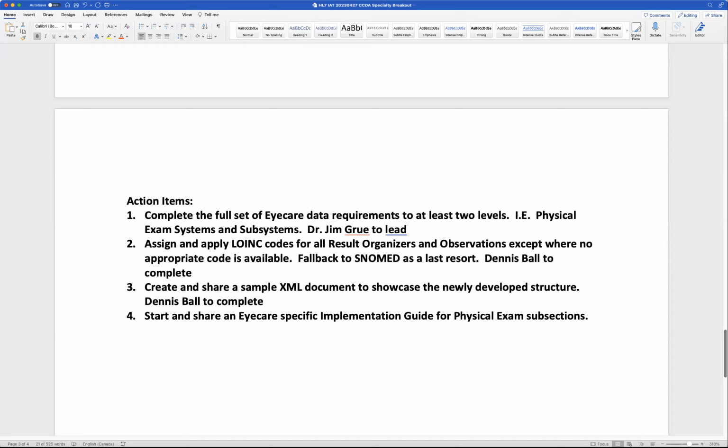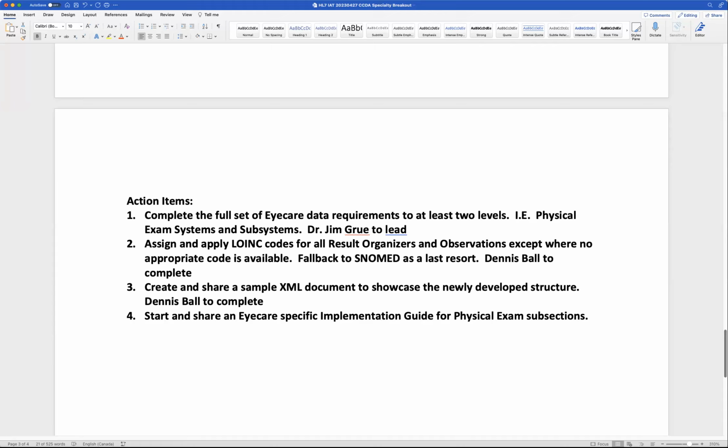So I didn't envision it as going into the standard CCD as much as I envisioned it being an ancillary CCD that we would allow, that would be able to import back into the exam that the specialist is importing. But I do agree, globally being able to access data: if I had a chronic disease, say I was a diabetic, and I saw my primary care, my endocrinologist, my podiatrist, and my optometrist or ophthalmologist, and all that information had to go into a CCD,